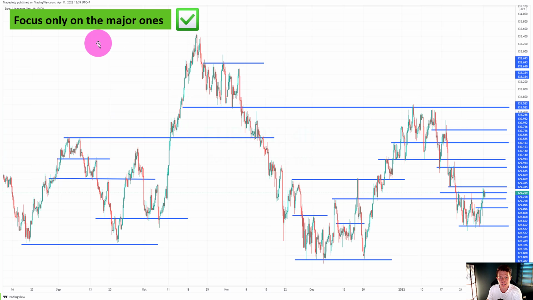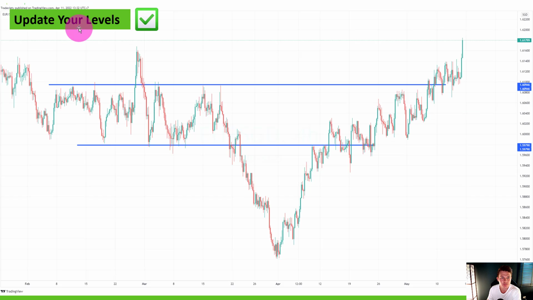The second tip ties in really nicely, because I often see traders end up with something like that, and then they end up having levels everywhere. They are scared of every little level that the price may bounce, and then what happens is something called paralysis by analysis, that you cannot execute any trade because you have just way too much on your charts and you are just scared that the price may never go anywhere. So focus on the major levels, start your analysis on the higher time frame,